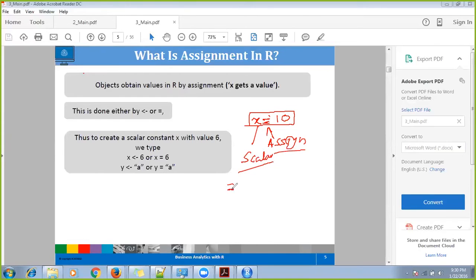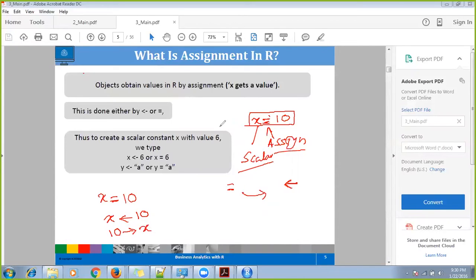Apart from equals, there are two more ways you can assign. You can use an arrow. So instead of x equal to 10, I can also write x is assigned a value of 10. We'll try this. This should also work: 10 is assigned to x.